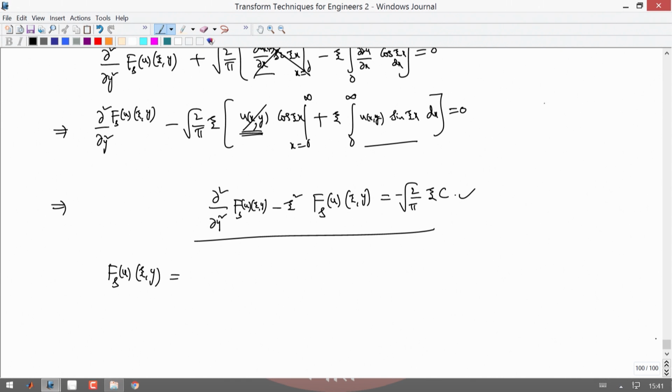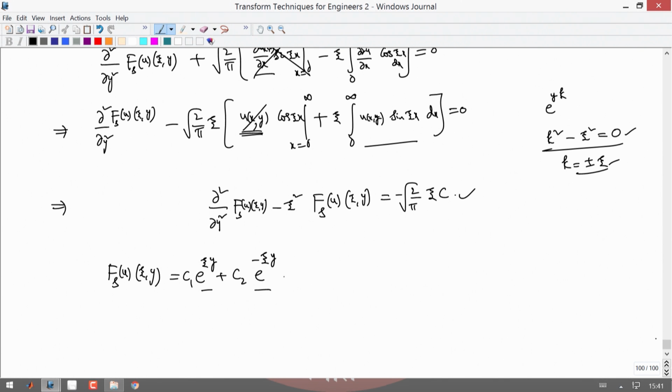if you see, this is a second order equation. If you look for an e power k y type of solution, you get k square minus xi square equal to 0. So for the homogeneous solution you get k equal to plus or minus xi. So you have e power plus or minus xi y, C1 times e power xi y plus C2 times e power minus xi y. These are the two linearly independent solutions for this homogeneous equation,